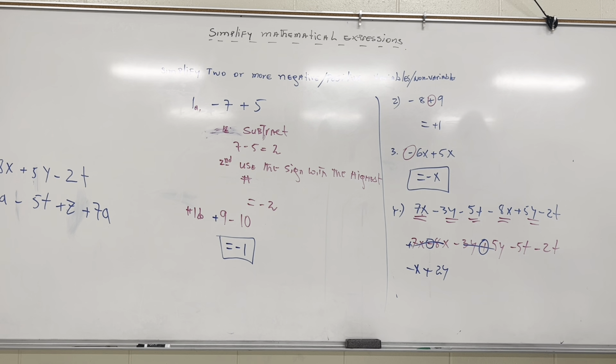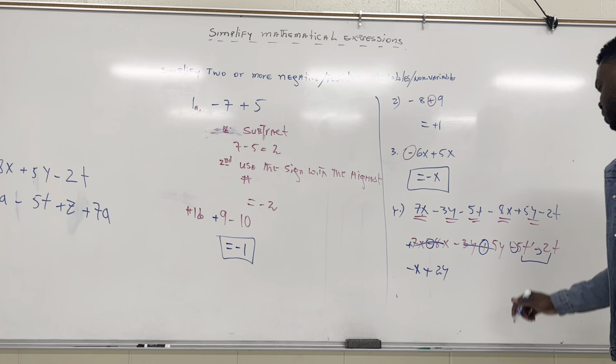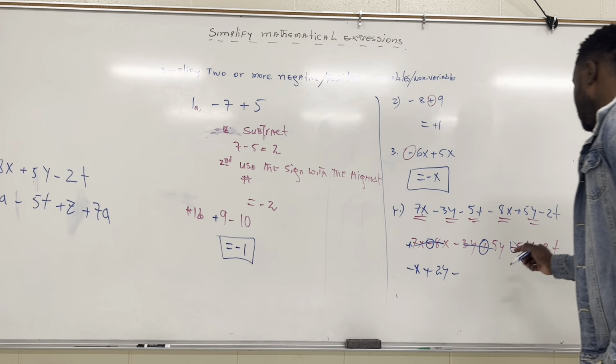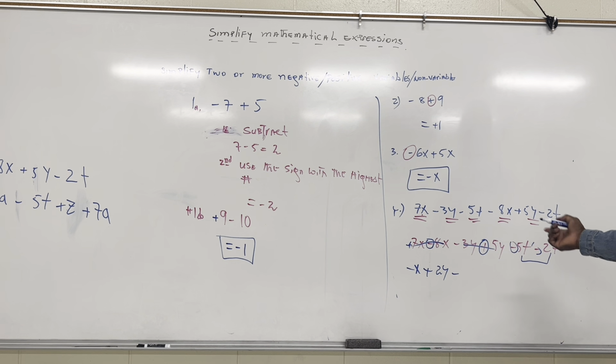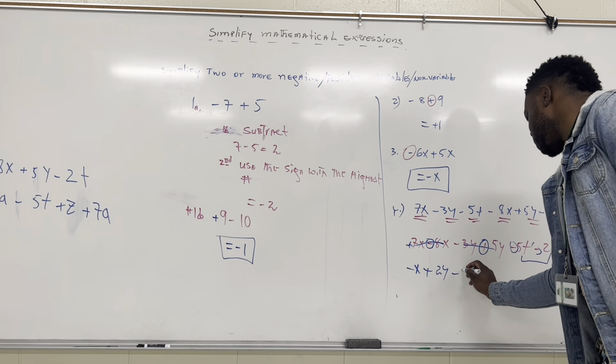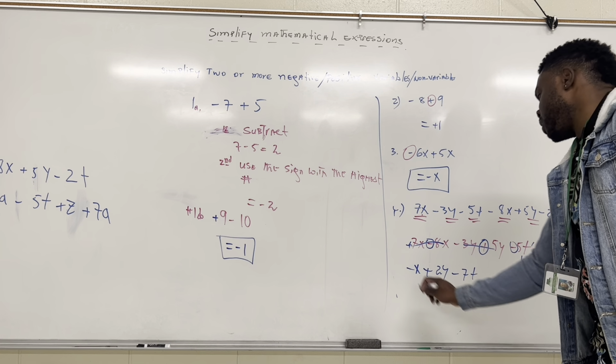And then we're done with this, and we can work with the t. The t is like the first example that we used, when you have 2 negative numbers. Remember, when you have 2 negative numbers, you add the numbers and you keep the negative sign. So now we'll have 5t plus 2t will give us 7t. And then we are